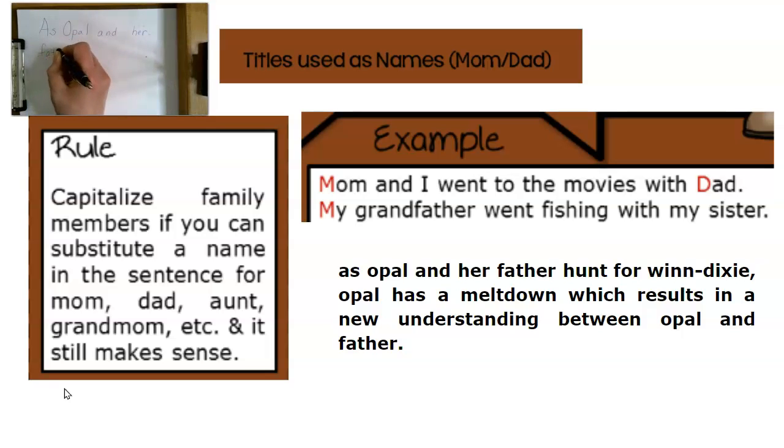And remember, students, we're not changing father to a capital F here because she's not referring to her father with the name father. Can we take Opal's dad's name and put it here and it still makes sense? So as Opal and her father, this remains a lowercase,